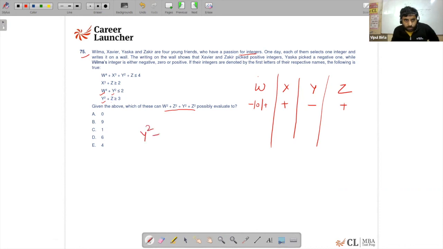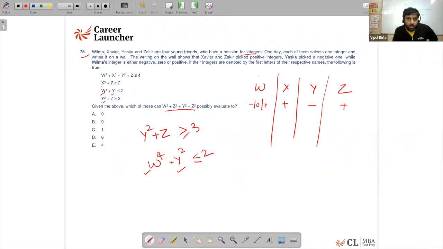So if I say y square plus z is greater than equal to 3, y is a negative integer. So square of that will be positive, plus z, which is already positive number, is greater than equal to 3. Okay. That is there. Right. This is one which is given. Then they've also mentioned fourth power of w plus y square is less than equal to 2. Again, y square is going to be positive, and w to the power 4 will always be either 0 or a positive number.